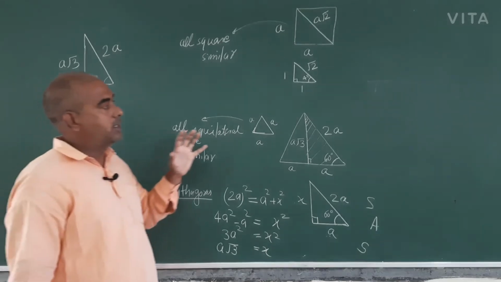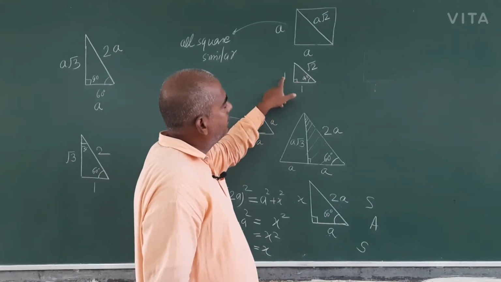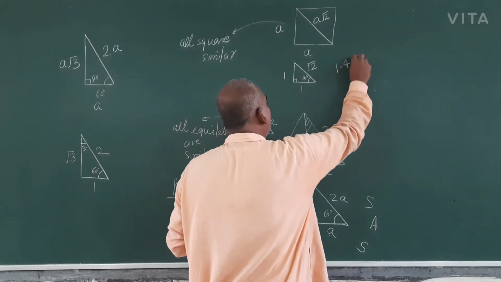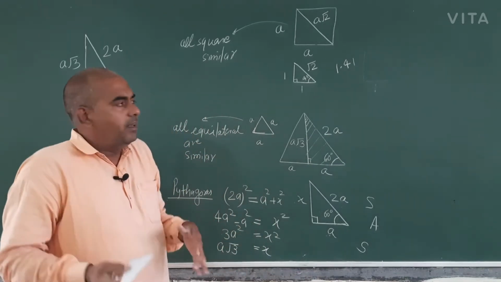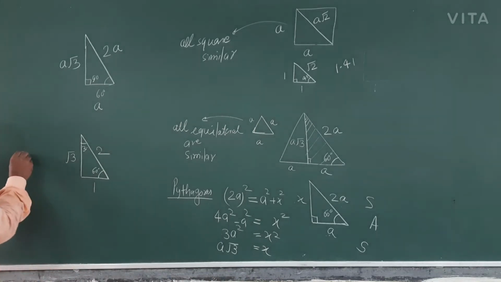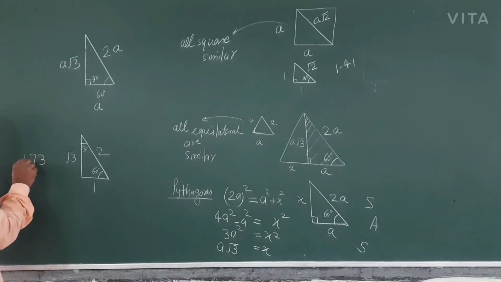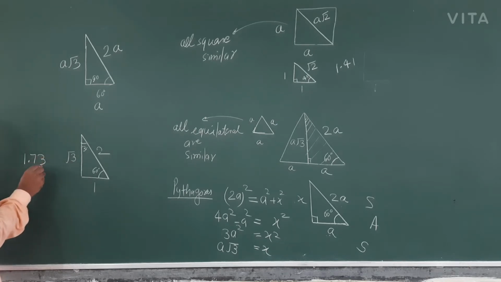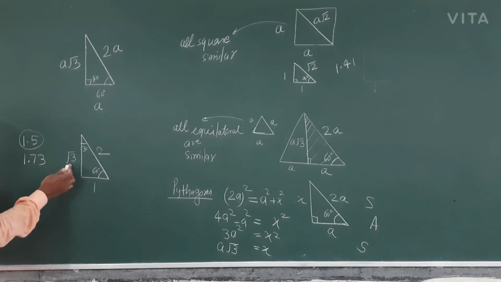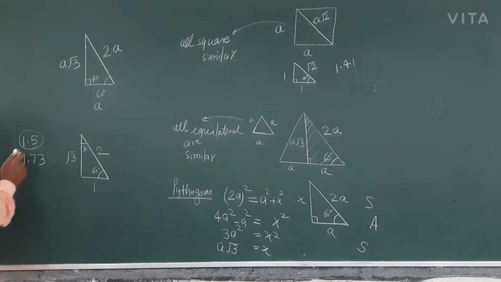And this is important here because the angles are the same, 1 and 1. So root 2 is the highest. The value of root 2 is 1.414, an irrational number, very near one and a half. And root 3 is 1.73. This was taught in class, 1.73, more than 1.5, the one and a half, and 1.7. So this is more than half but less than 2, and this is the 2.